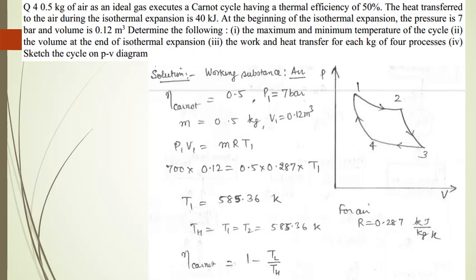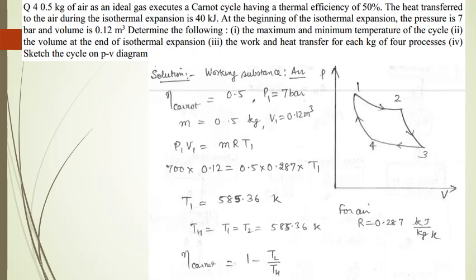Mass of the air is 0.5 kg and V1 is equal to 0.12 meter cube. It is written in the question that at the beginning of isothermal expansion, at point 1, the pressure is 7 bar and volume is 0.12 meter cube. Now by using the state equation for air, which is working as an ideal gas, we obtain the temperature